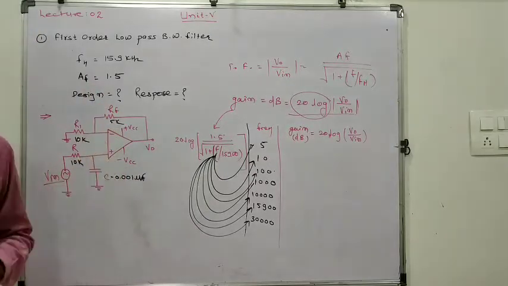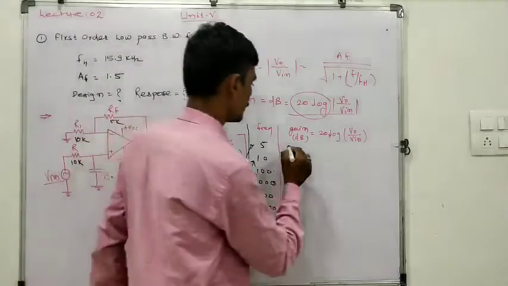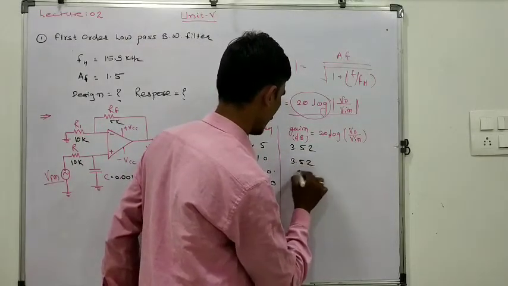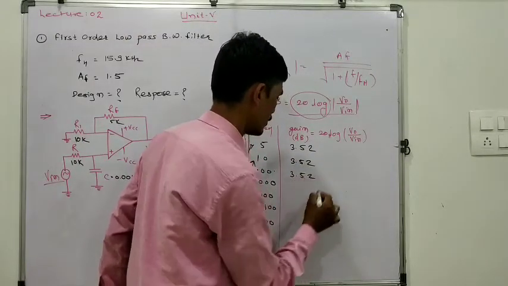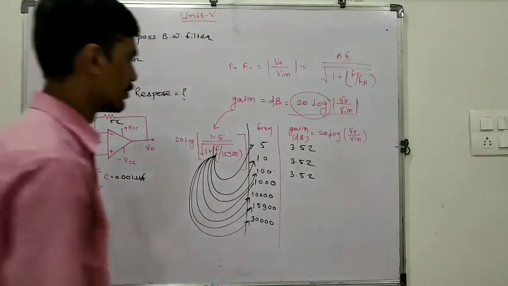Okay, so for this we are getting the value of the gain in decibel 3.52. This is also 3.52. This is also 3.52. Then again we are getting 3.51,